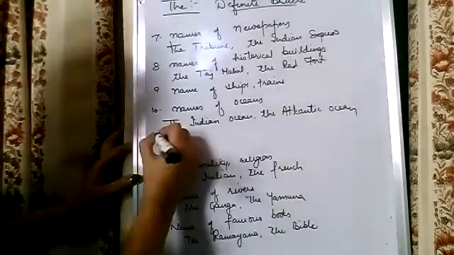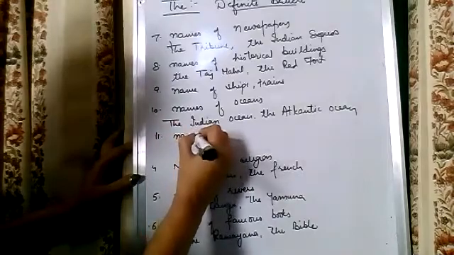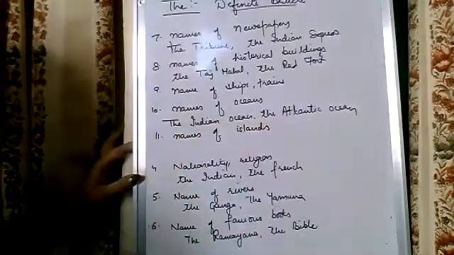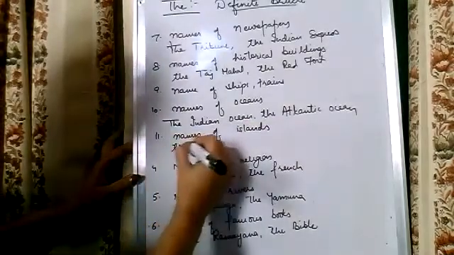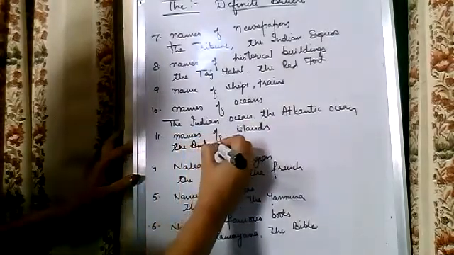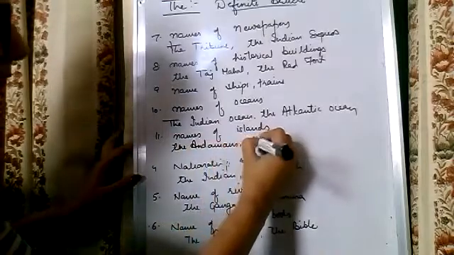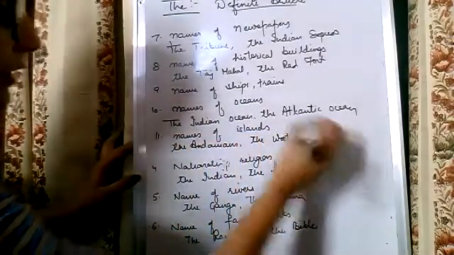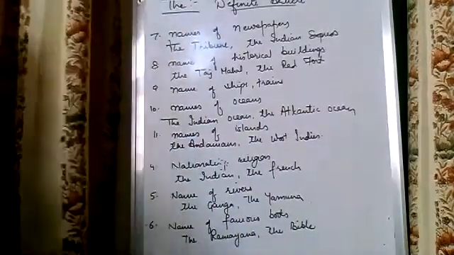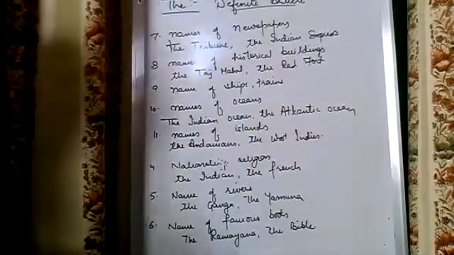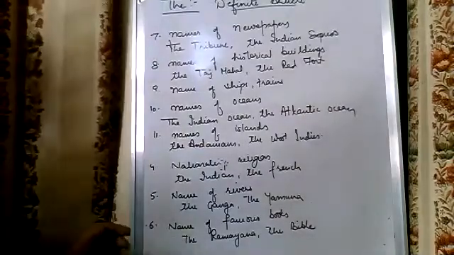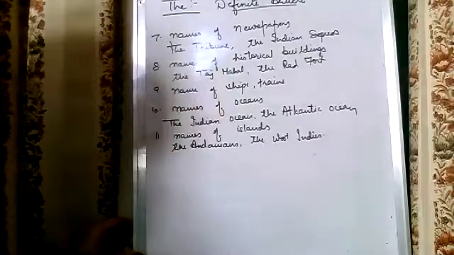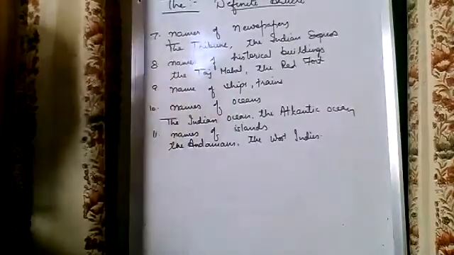And names of islands also. With names of islands, for example, you say the Andamans, the West Indies. So it means that with that we use "the." Okay. So now I hope that you must have remembered where we use "the."